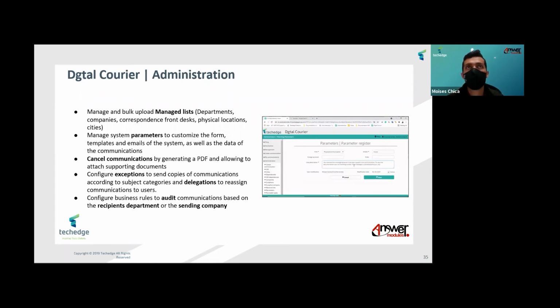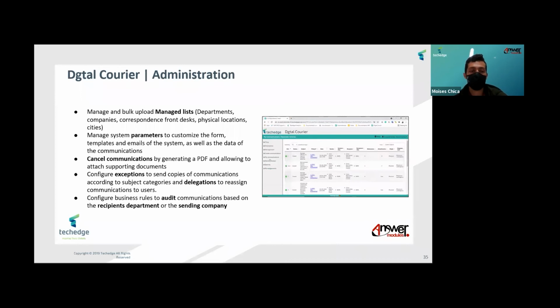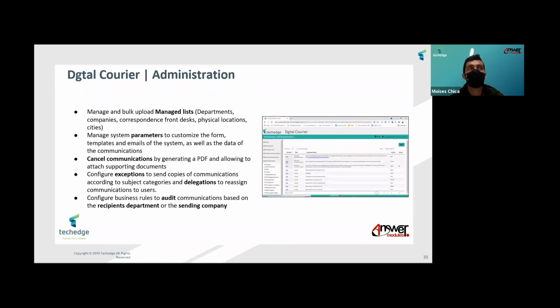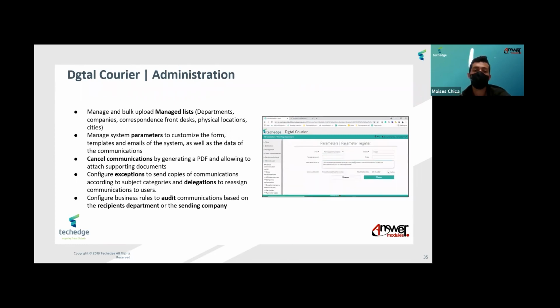And there will also be some business rules in order to continuously audit communications according to the recipient's department, for example, or the sending company, because sometimes you are asked for those kinds of specific audits. So you can configure an audit system and just create periodic reports, also using scripting background from the model suite, and it will allow you to audit communications really easily. Users can also configure queries and do queries as any other user can, but on the entire amount of communications.